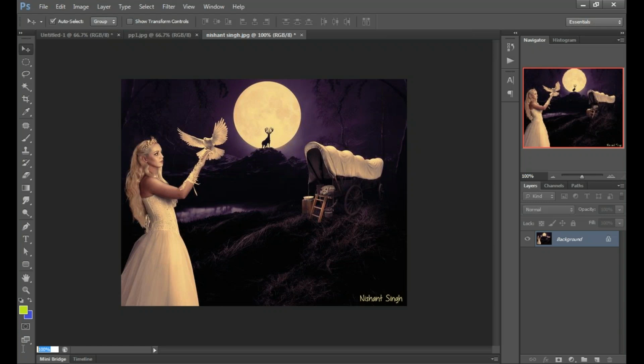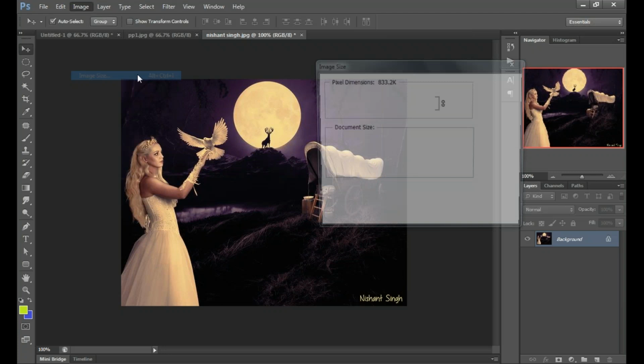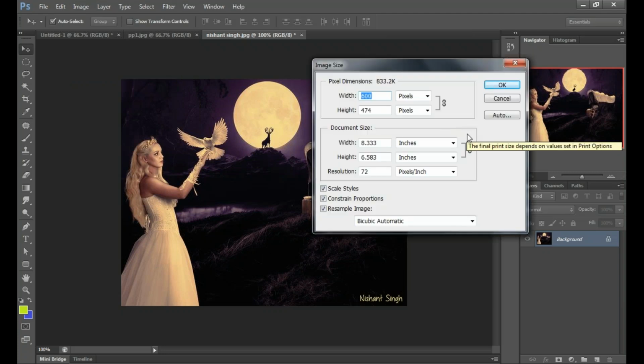Now we are at 100%. It's good if we resize that image. But it's very important to learn that when we are editing our picture, it should be at higher resolution.